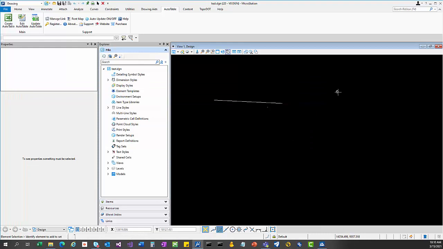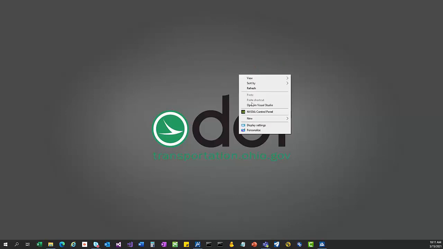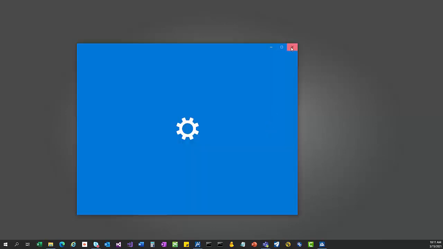Alright, so if you've done that and you still have scaling problems, the second thing to check is, do you have your layout and scaling set to something other than 100%? So if you go to your display settings,